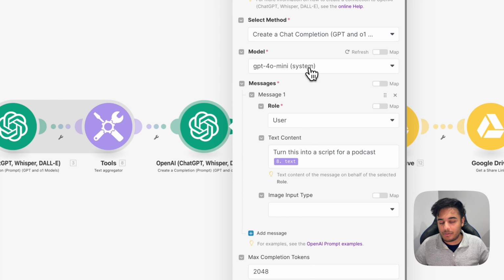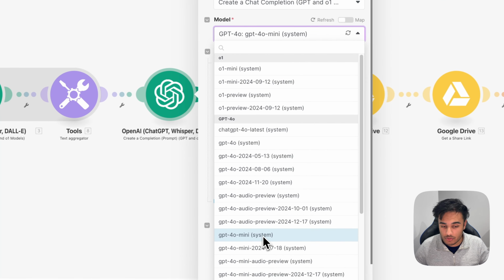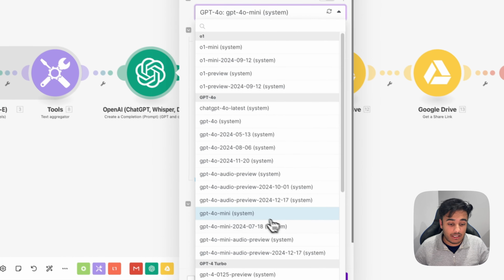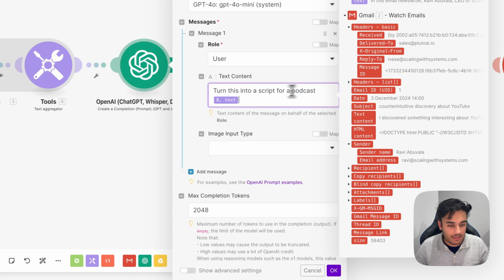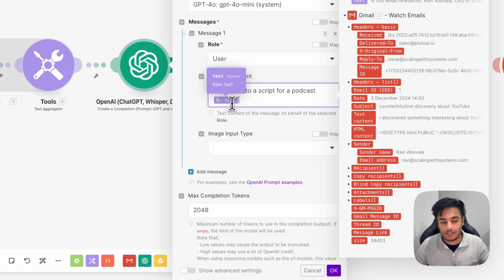If you want a little bit better of a podcast, you can of course change this to the O1 or the GPT-4o, just normal, not mini system. But I'm just going to leave it as the 4o mini system because it's a little cheaper and easier to run. It's a bit quicker to run as well. And simple, just turn this script into a script for a podcast, and it's just going to get all the